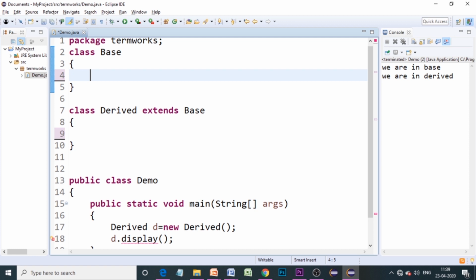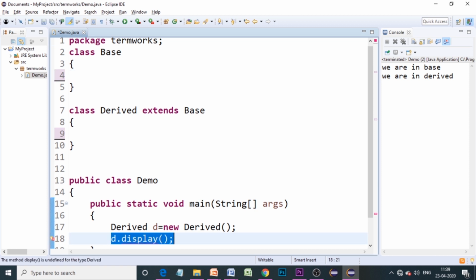You need not call that explicitly using the name of the object and the dot operator. Like in the previous case, we had display methods and we called those display methods using the object. So now this is not required because we are going to have the constructors.